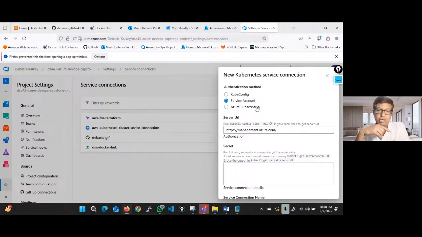So how can I use an Azure subscription? I am going to use a service account, and that service account has been created over AWS, because my Kubernetes cluster has been created by Terraform on AWS. So I will go to service account, and as I told you,